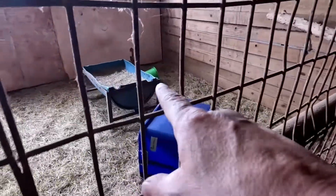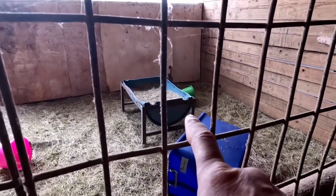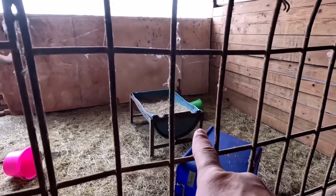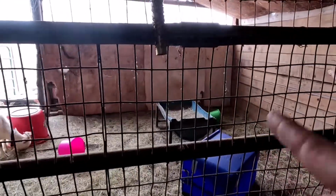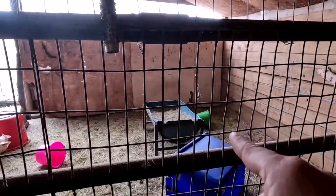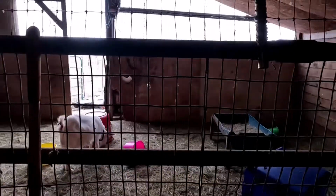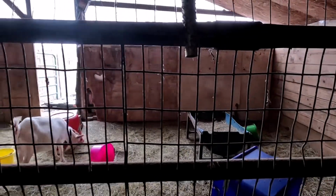I've tried that deal right there for hay for them. It was fine when just the babies were getting up in there and sleeping, because they weren't pooping and peeing on it. But then the big goats decided it looked like a cozy spot, so they got up there. So then they started pooping and peeing in it. I knew it was them because of the size of it. So at this point in time, until I get a better hay situation set up,